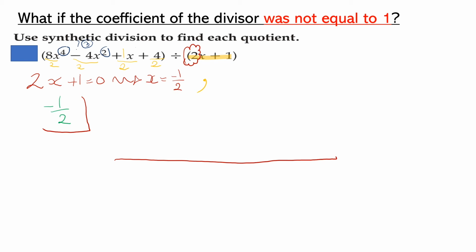Then from 2 to 1 to 0. So only the third or the cubic power is missing. Whatever is missing, you have to put 0 there. 8, 0, minus 4,